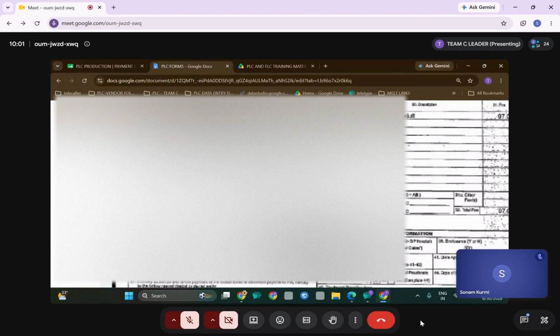Example here, 17, 20, 30, 31, 32 have been crossed out, right? So you are going to write down in the answer box 17 space 20 space 30 space 31 space 32, like that. Just leave a space between each number. Do not use any other special characters, no commas, no slashes. Only a single space after each number. So like that only you are going to key the missing teeth information.